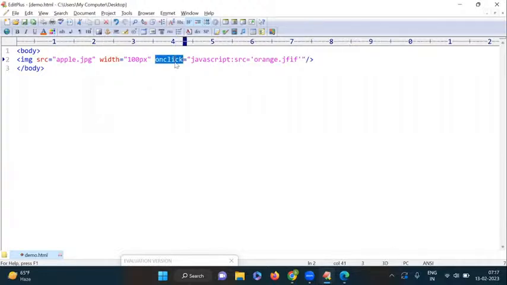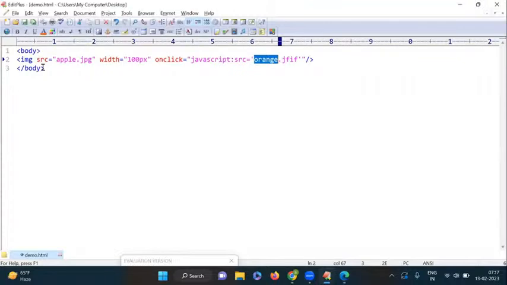So now I have given a statement where onclick is equal to JavaScript colon, we are changing the source. The original source apple.jpg I'm changing to orange.jfif. Refresh, click, now it displays orange.jfif. Like that, if you want to change the properties of HTML controls at runtime,